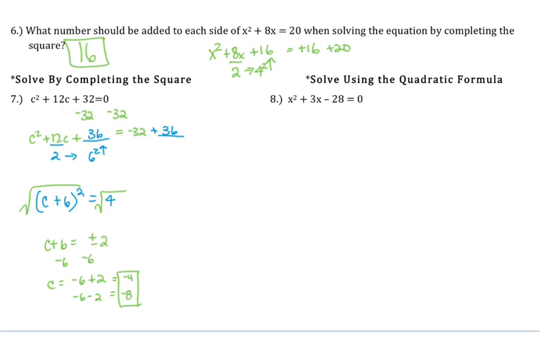On number 8, it's a little tricky. I first have to make room again to complete my square. And,